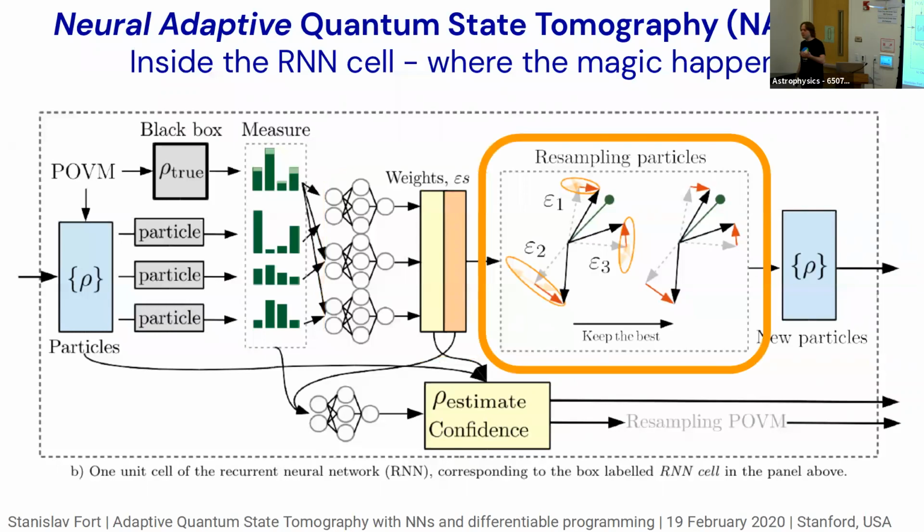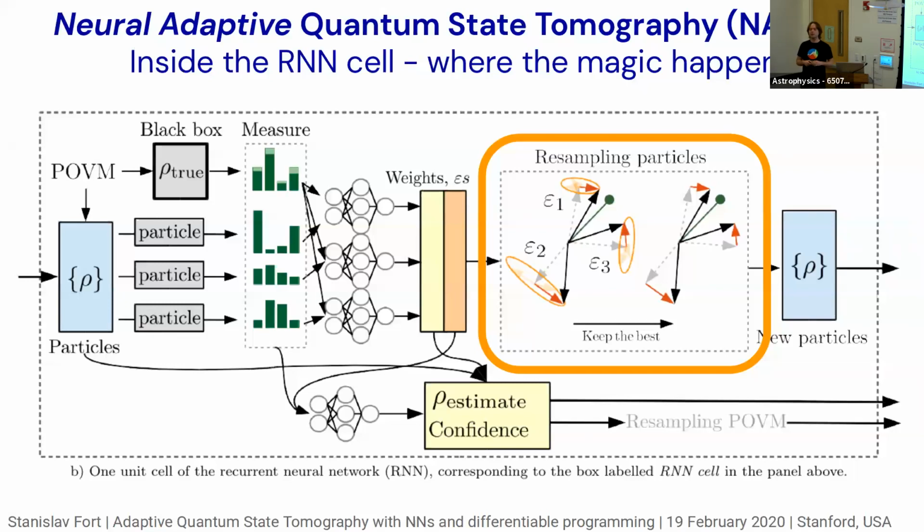And now what we do is the same as before. We play with the particle bank again. So we have one particle, another particle, and there is this estimate of the true state, the green bar here. And then we start resampling these things and try to move them as close as possible to the actual true state. So we try to resample the bank of particles to zone in on the correct solution. But we don't actually know how to move them because we have very noisy estimates of the true thing. So this is learned as well. The size of the perturbation that you would like to apply is also learned on the fly. So you don't say, well, if this is the distance between distributions, this is how much you should move in this direction. You say, well, move in random directions of this size that you guessed using the neural net, and then see what happens.